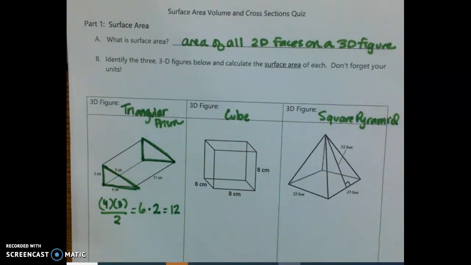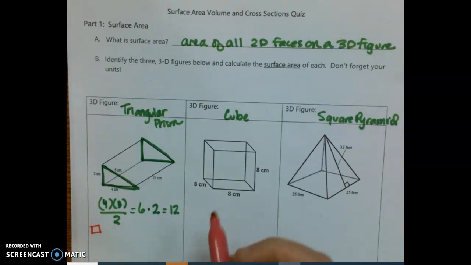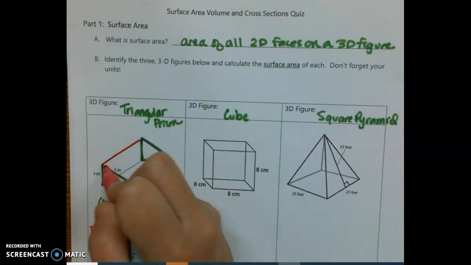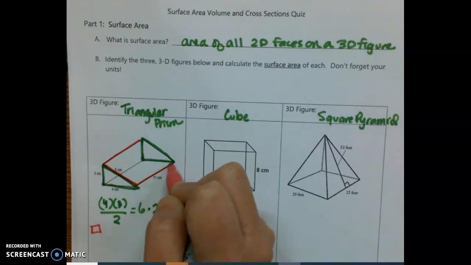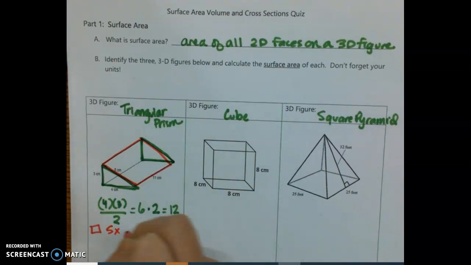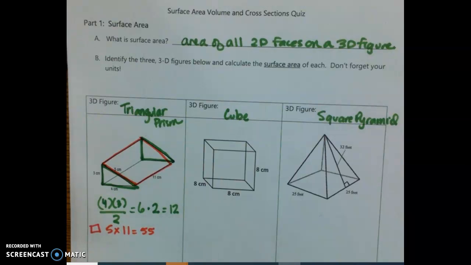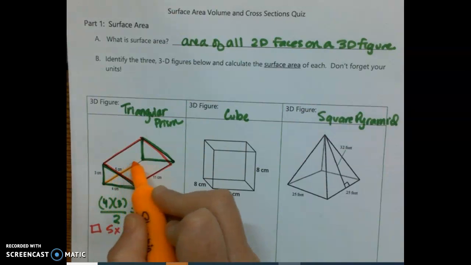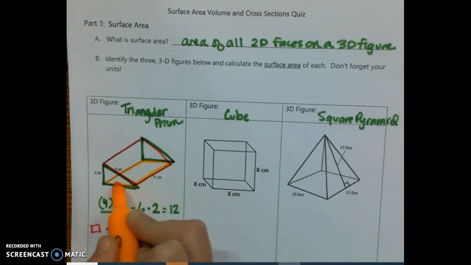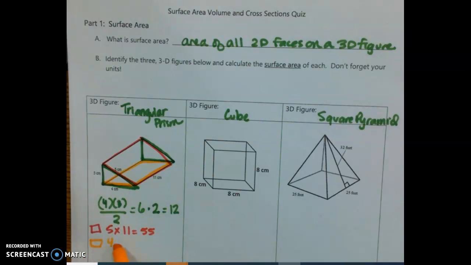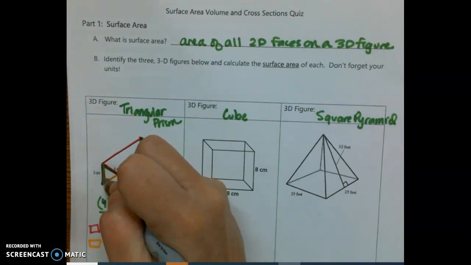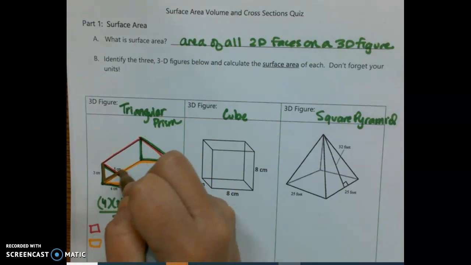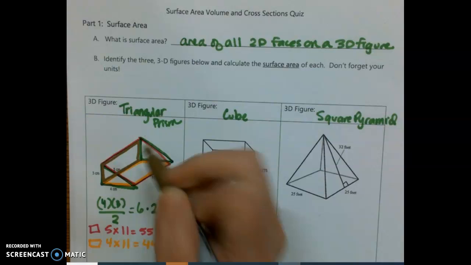All right. Next, we're going to look at our rectangles. So our first rectangle, I'm going to just start with this top rectangle, and it is 5 by 11, which is 55. Then I'm working clockwise. I'm going to go to this rectangle that's on the bottom, and I see that it is a 4 by 11, which gives us 44. And then finally, I'm moving up the left side of this, and I see that it is a 3 also by 11,